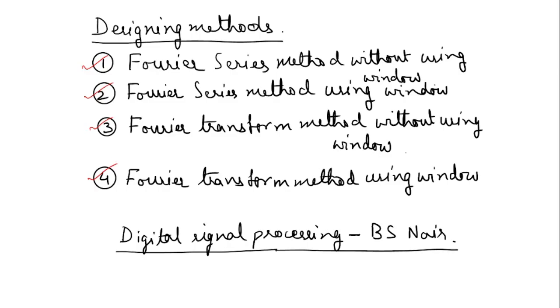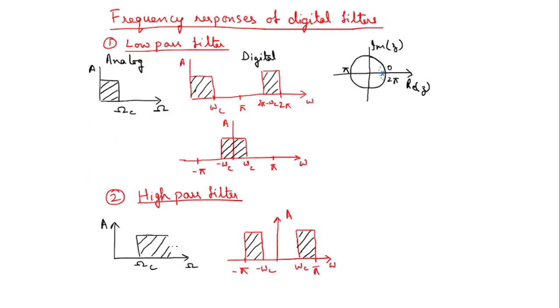Fourier transform methods are also regarded as the frequency sampling method. So, if you look over here, the frequency response of the digital filter is given over here, and if you